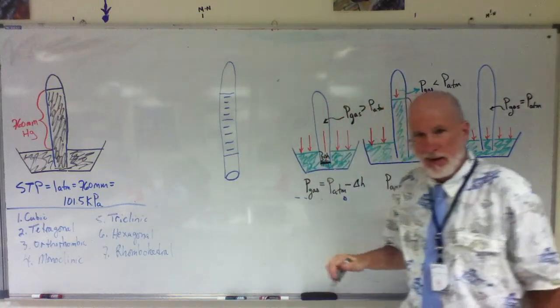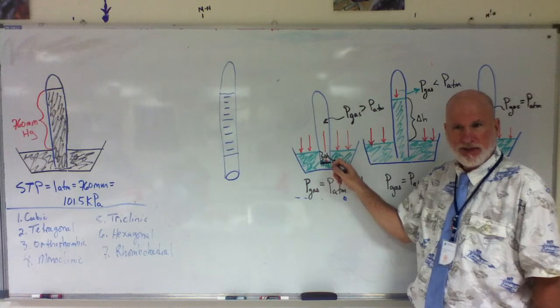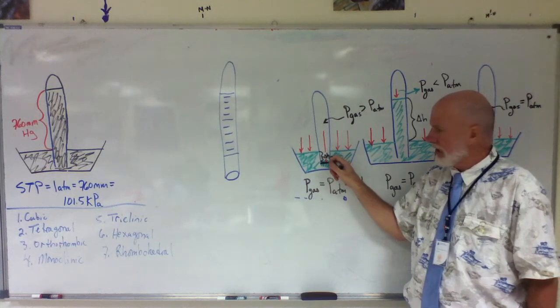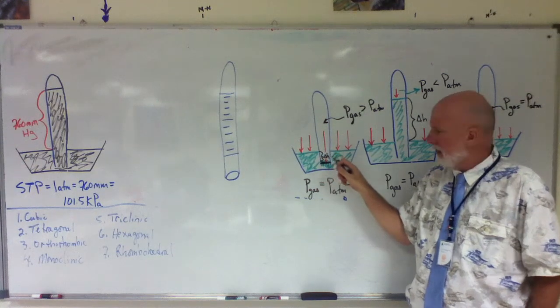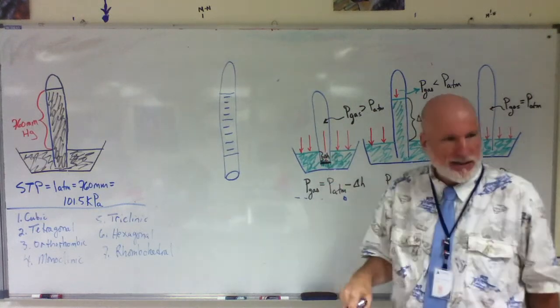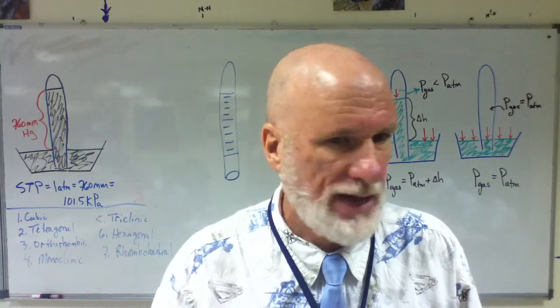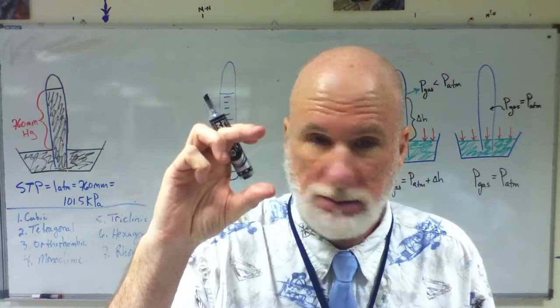You see that little red arrow? That's a continuation of this line. You see that? And there's a change in height. That change of height is graduated, so I can tell the actual height in length